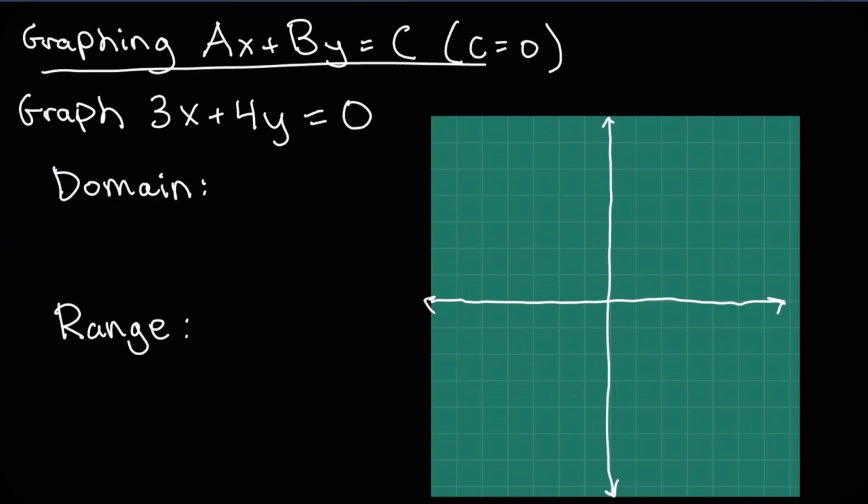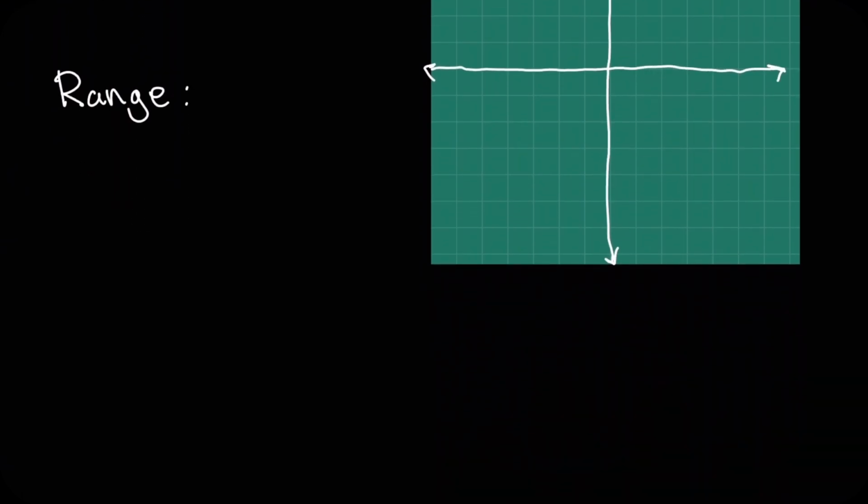Next, we want to graph ax plus by is equal to c, where our c is equal to 0. So let's go ahead and see if we can figure out some points here. First things first, let's set our x equal to 0 and figure out what our y is going to be equal to. So setting our x equal to 0 using our original equation,